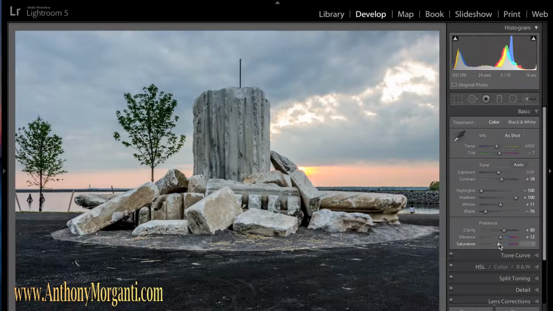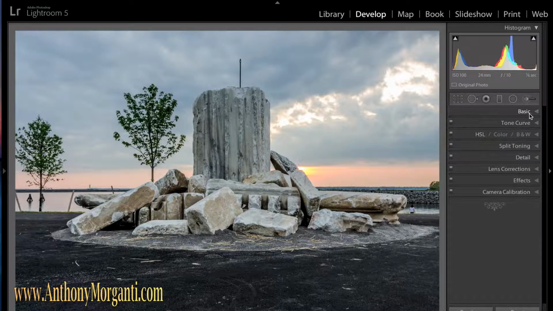Saturation now just affects every single color in the photograph and makes it more saturated. We'll bring that up just a touch. Now that is really all my adjustments in the basic panel. That's what I do here. As I mentioned, in a future video we'll go in much greater detail on all these things. The next